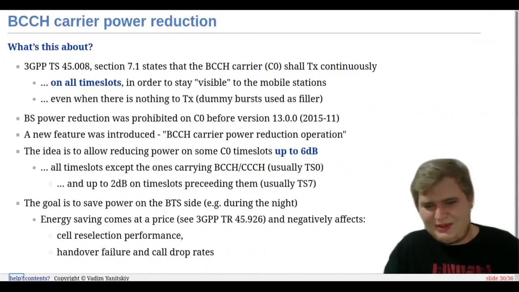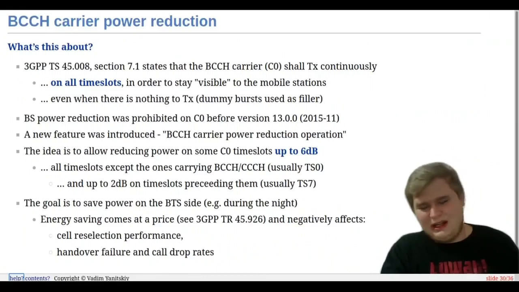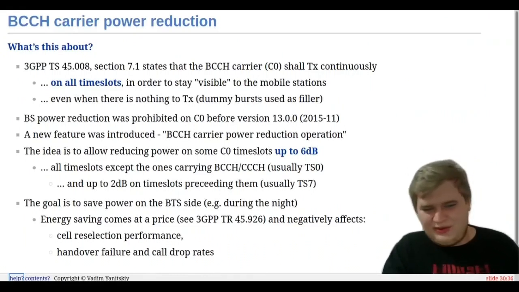You can have BCCH on time slot 0, but as far as I know, you can also have it on additional time slots. So time slots preceding them should also be reduced by not more than 2 decibels. The goal here is to save power on the BTS side,